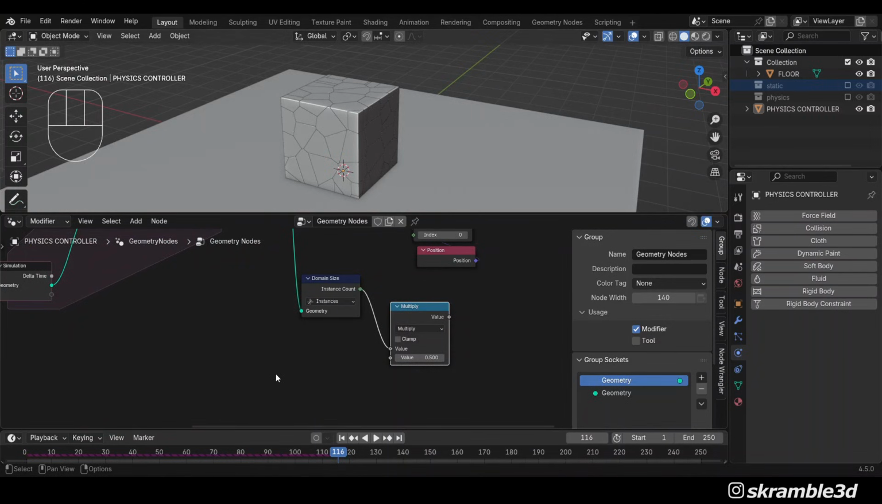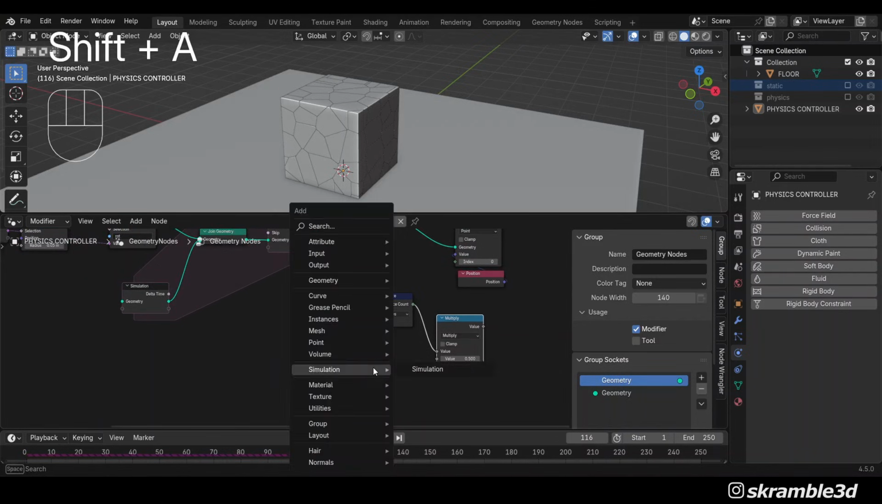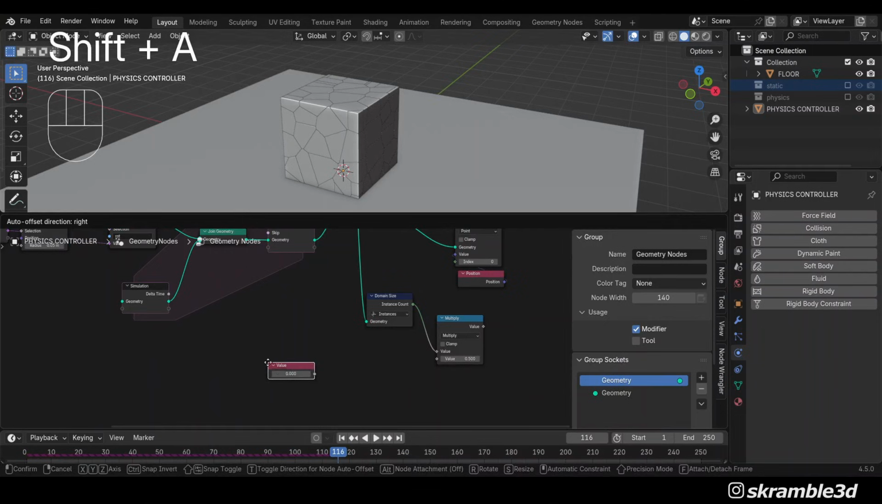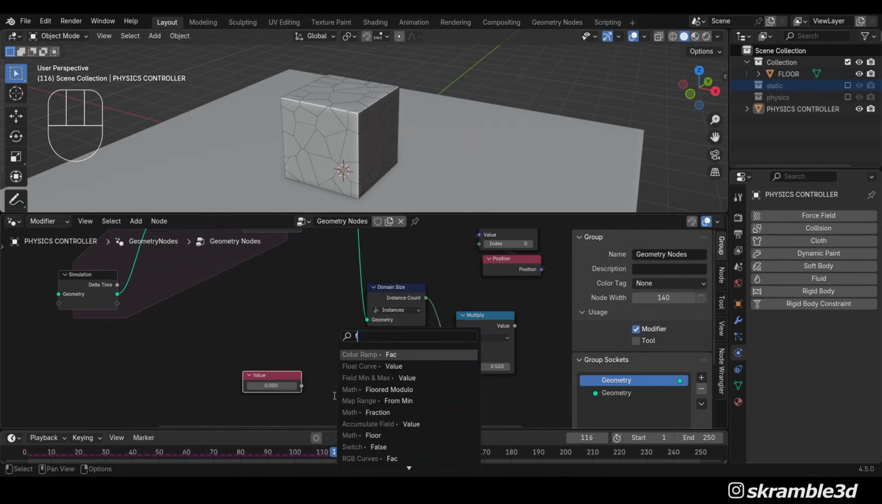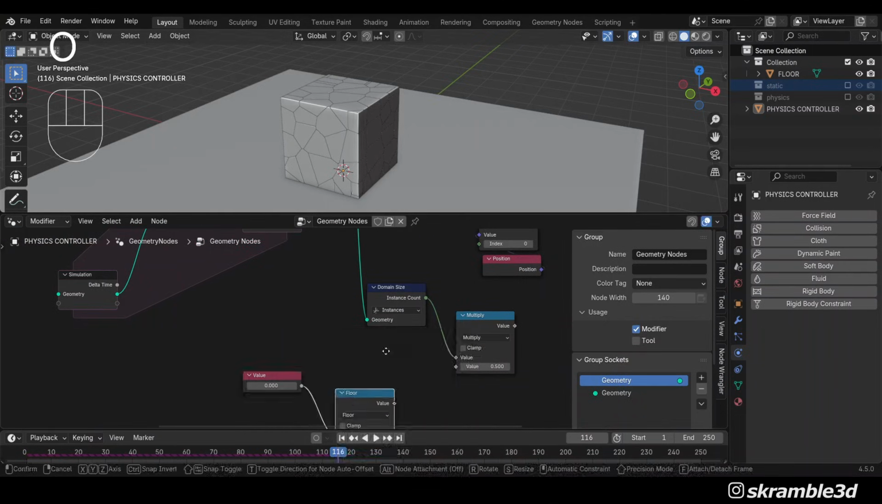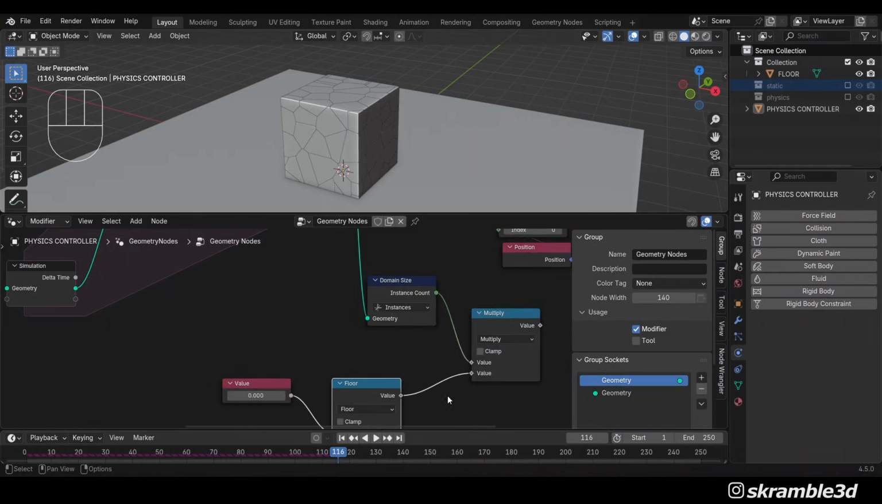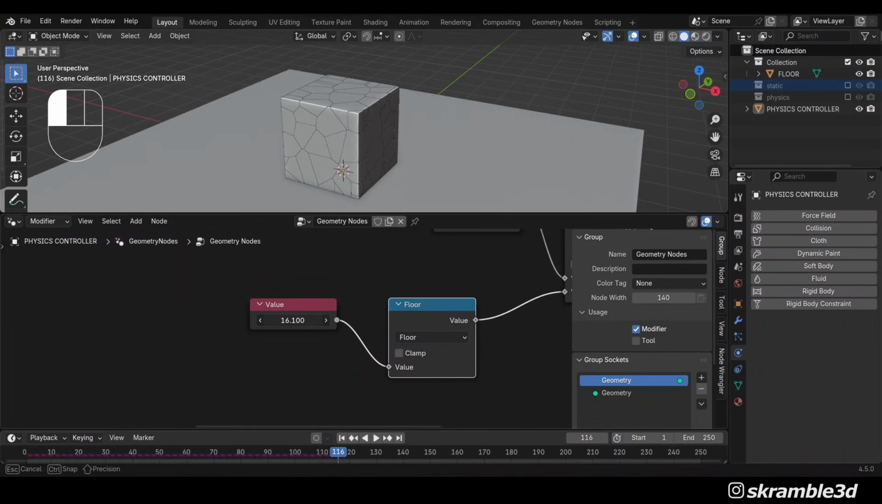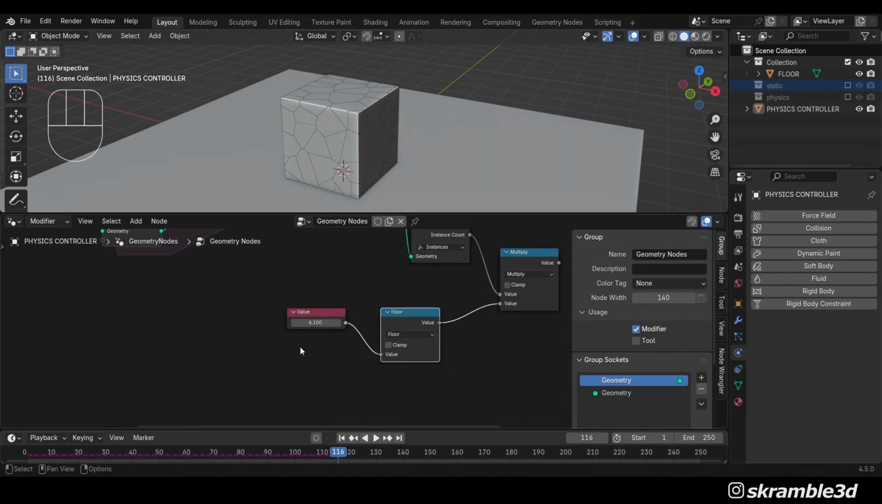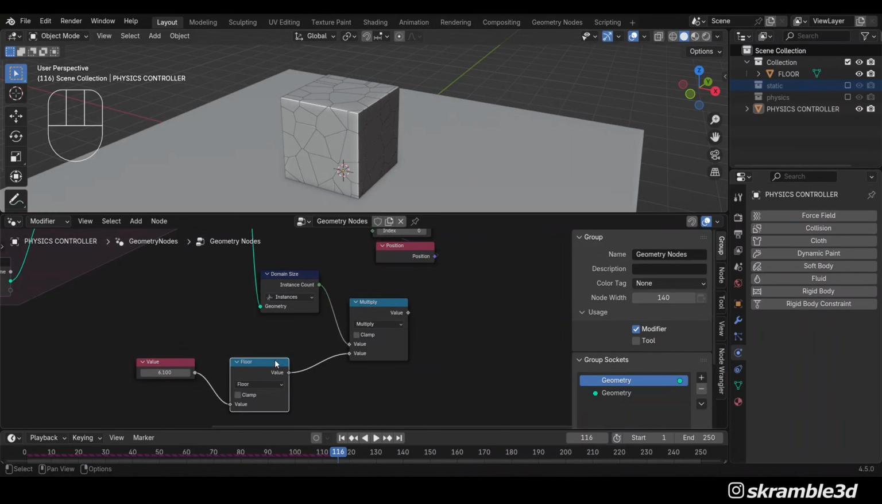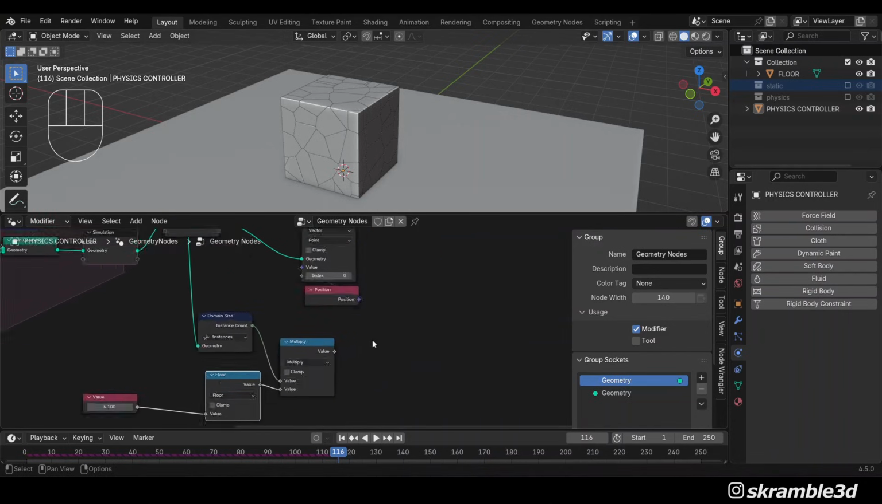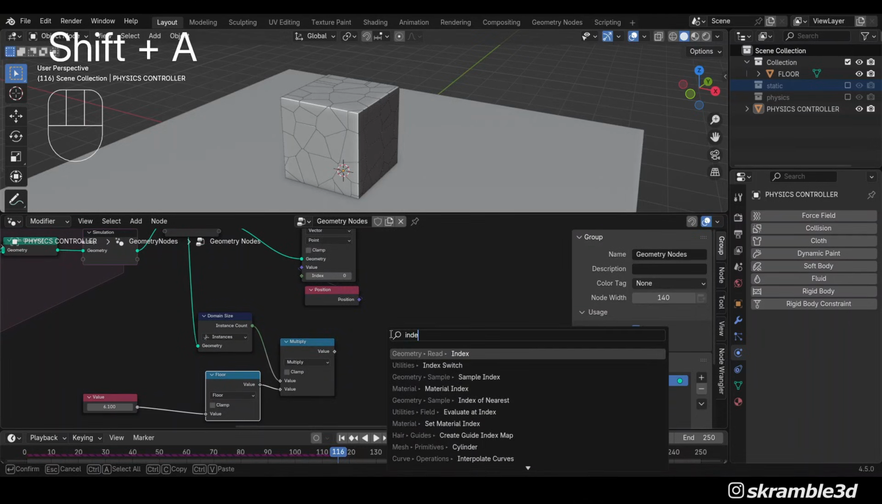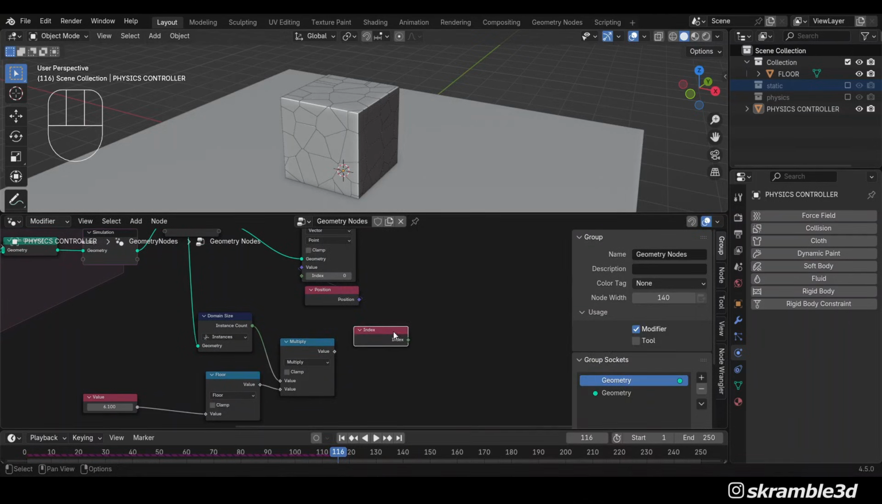We could just get an integer node and do it that way, but there's a reason that I'm going to get a value node first and put it into a floor. What this will do is whatever value we have here, this will only return the integer part of it. It'll ignore everything after the decimal point. Okay, so we have this, and now all we need to do is get our index, which in context is